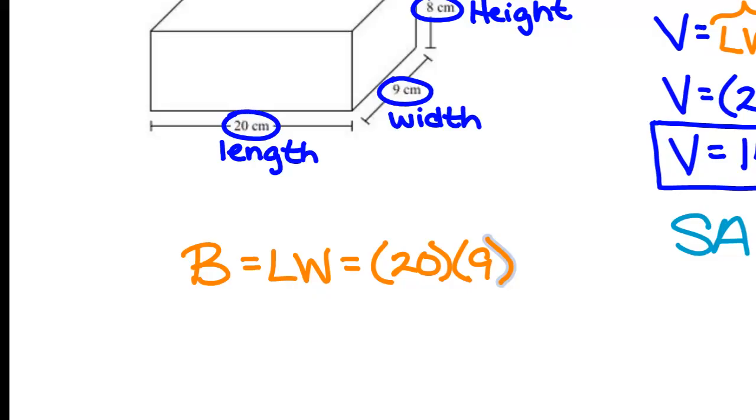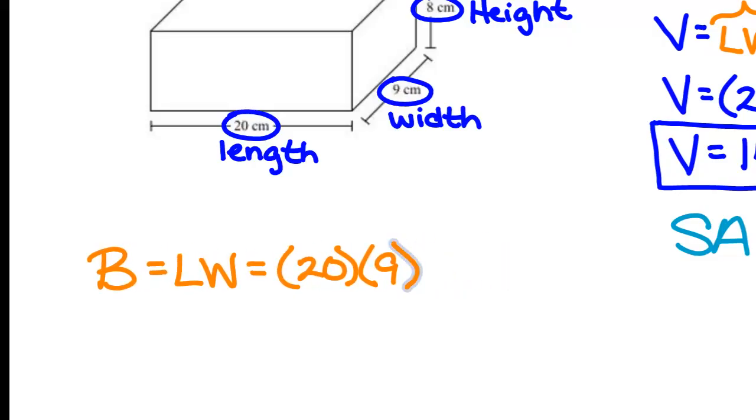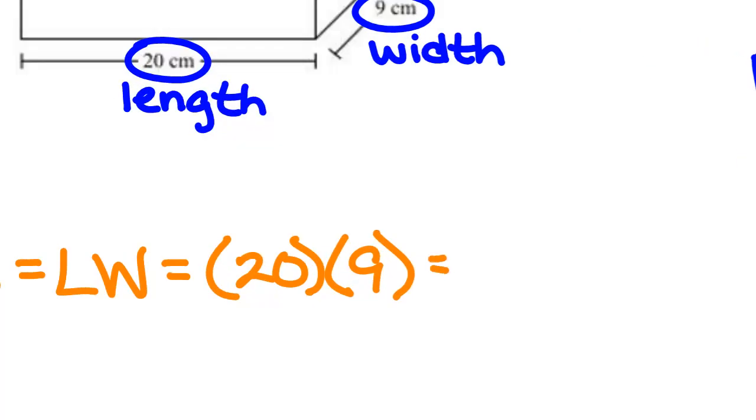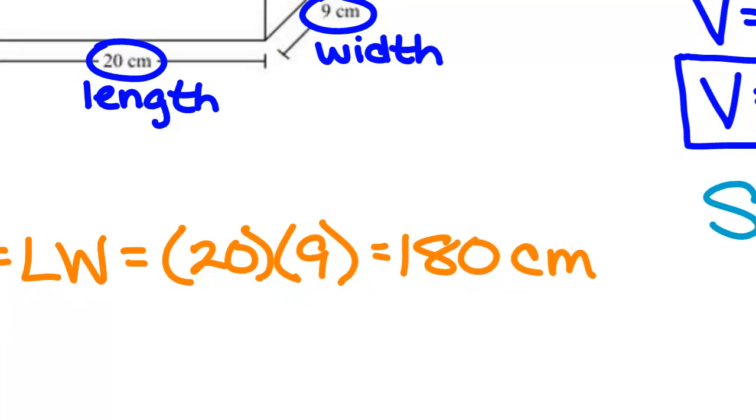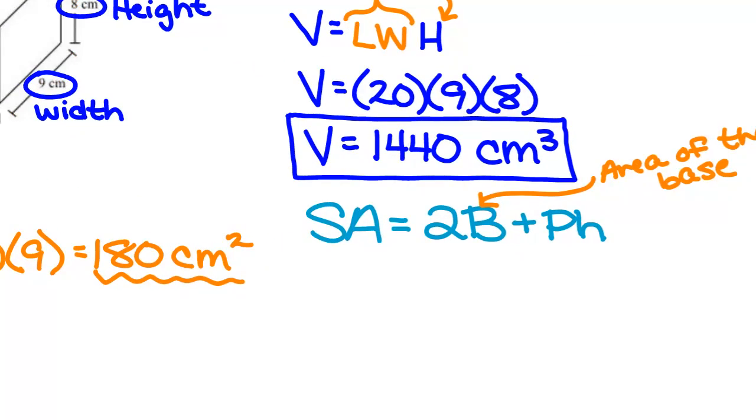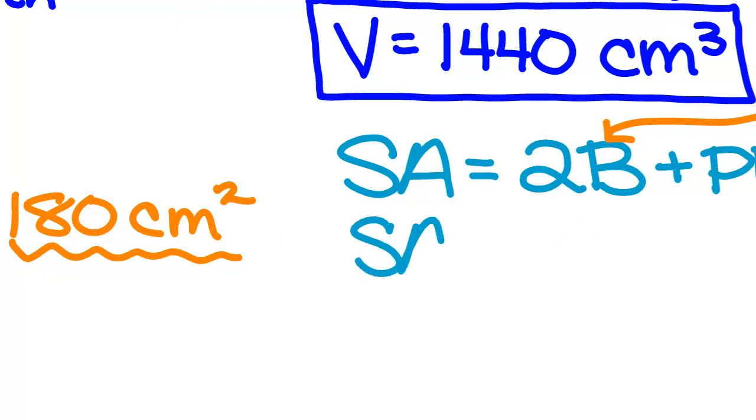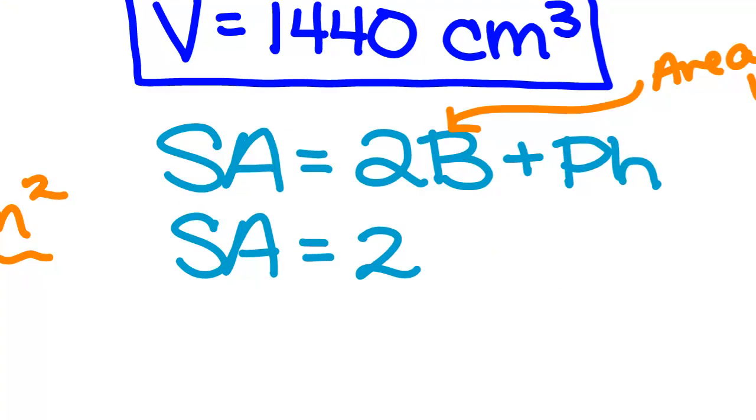We get 180, yes. So the area of the base is 180 centimeters squared. We're going to need that number for our surface area. Surface area equals 2 times 180